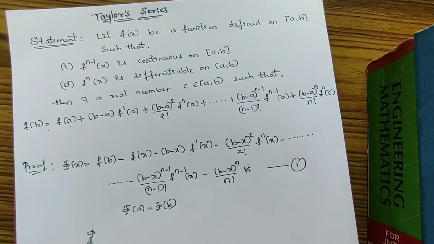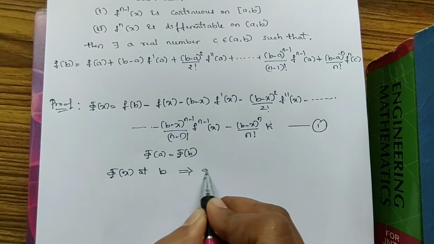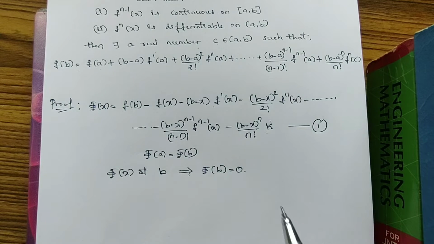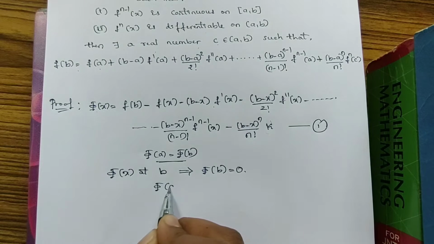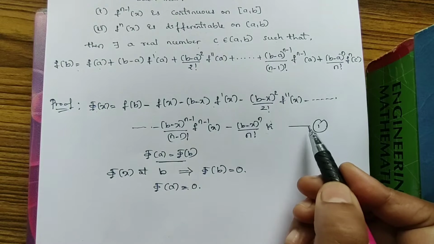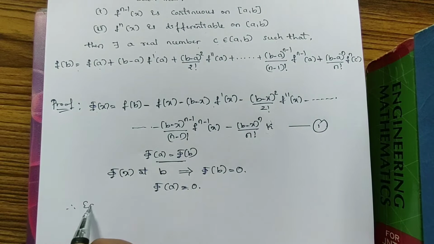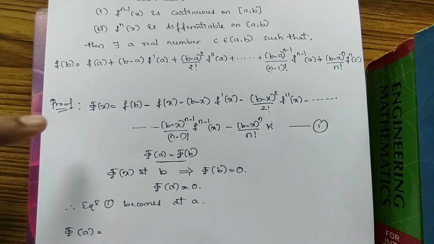Now let us consider phi of x at b, which implies phi(b) is equal to 0. If phi(b) is equal to 0, then from this condition, obviously phi(a) is also going to be 0. So if phi(a) is equal to 0, equation 1 becomes, at x equal to a,